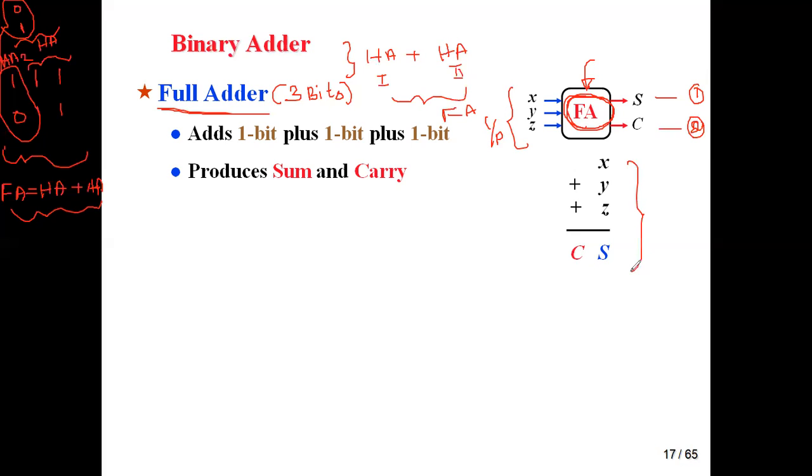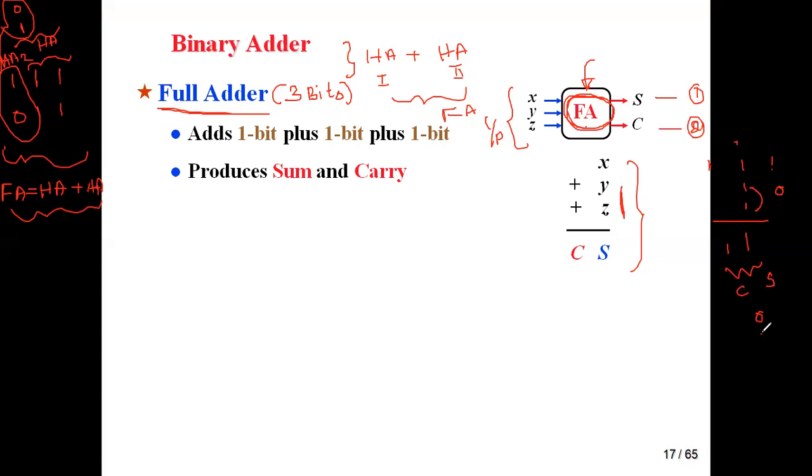The process is: first, two binary bits are added. Then, if any carry is set, that can be added. For example, I'm going to add 1, 1, 1 here. 1 plus 1 is initially added, sum is 0, carry will be set. That carry is added with the next bit: 0 plus 1 is 1. Sum is 1, and my carry is already set to 1. So when adding three binary bits, sum equals 1, carry equals 1.